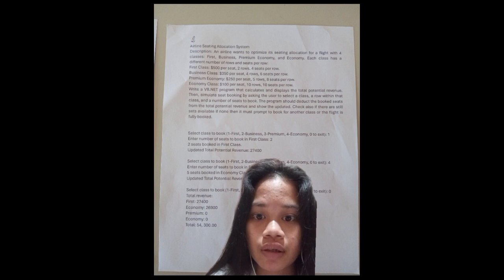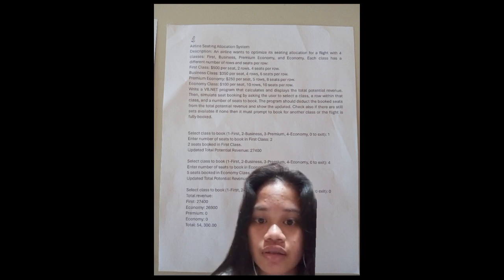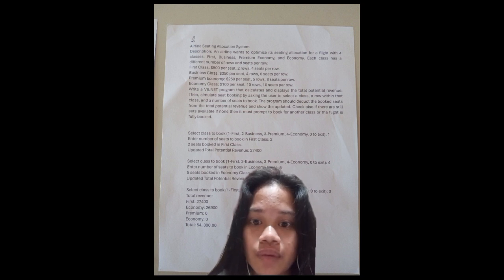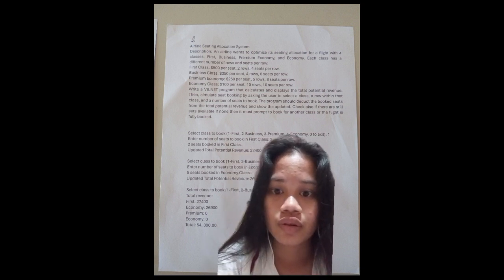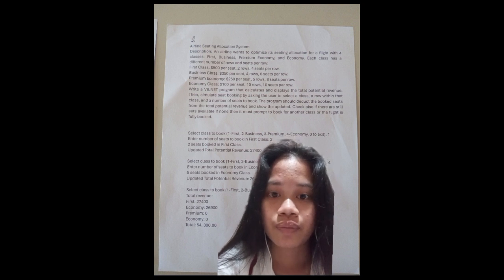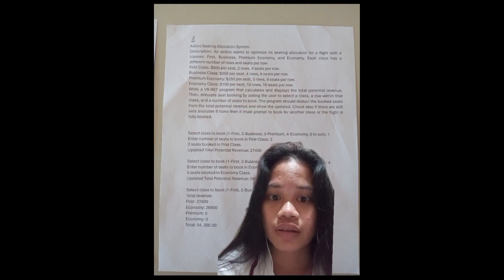The premium economy is $250 per seat. It has 5 rows, and each row has 8 seats. The economy class is only $100 per seat, but it has 10 rows with 10 seats per row. So here we need to write a program using VB.NET that calculates and displays